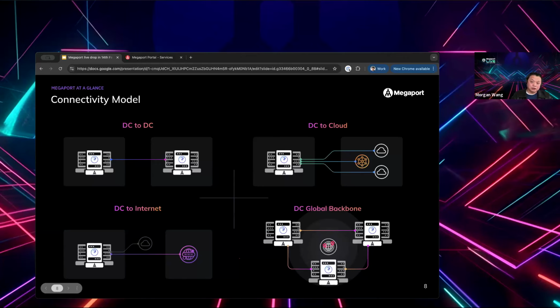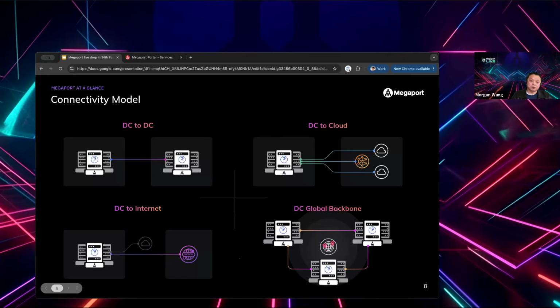And DC to cloud, where the cloud is essentially an interconnection point we build with different cloud providers, and we can help you connect into the cloud provider without being physically in the same data center as the cloud provider, or without physically running a cross connection into that cloud provider's environment. Internet is just another option, as I mentioned.